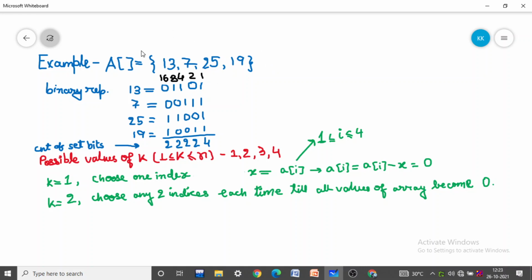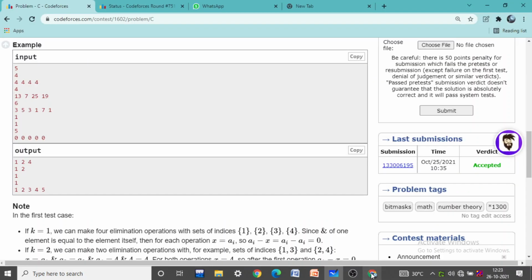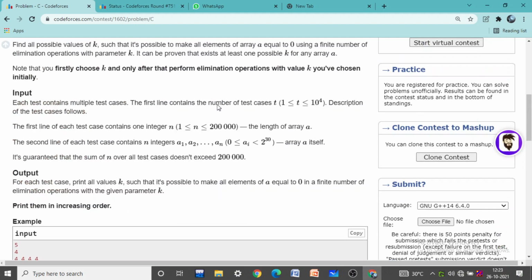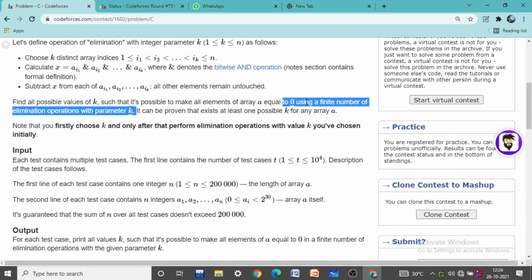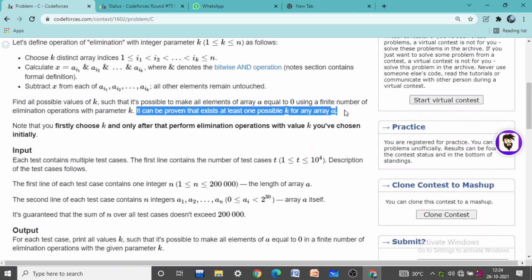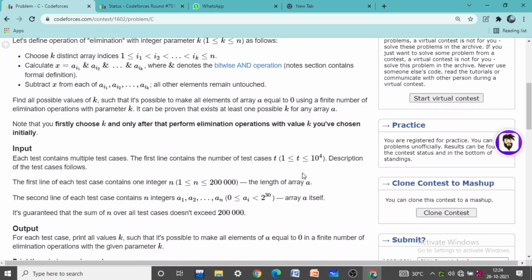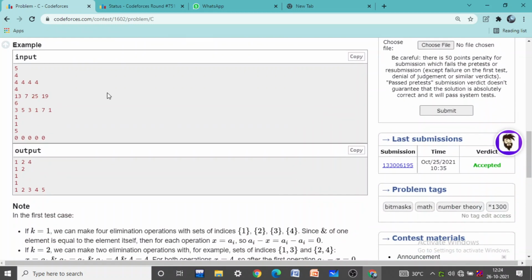So there are a maximum of n operations, and hence we have proved that statement here, that there exists at least one possible k for any array A. And you can also observe this in the sample output, that for all the five test cases, one is always present, right?